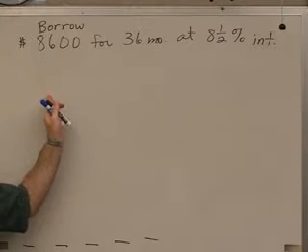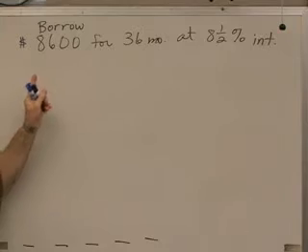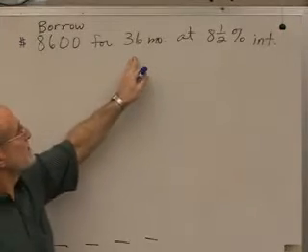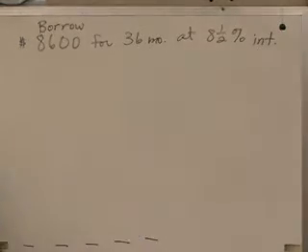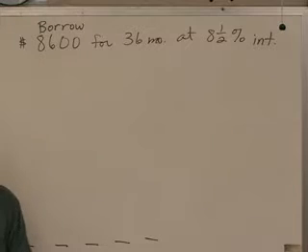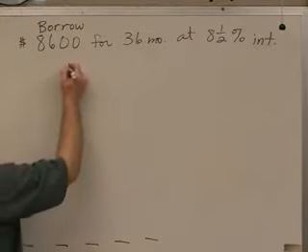Let's try to find a monthly payment. Suppose we borrow $8,600 for 3 years at 8.5% interest, and we want to know what our monthly payment is going to be. Well, again, we're going to use a table,